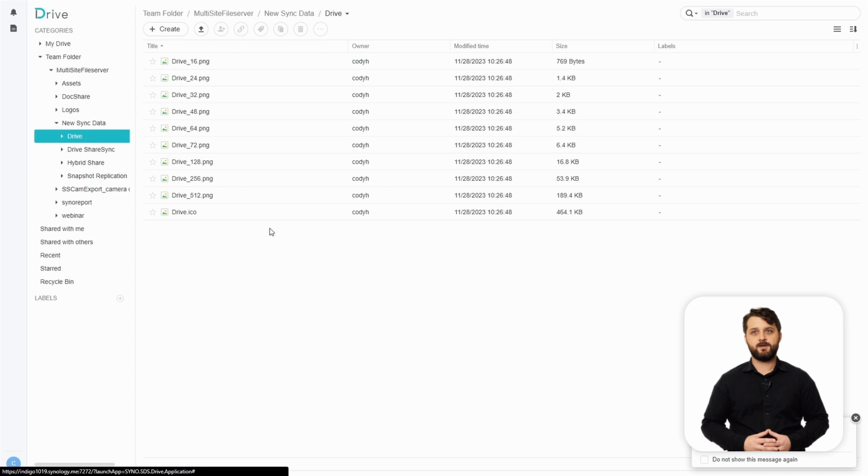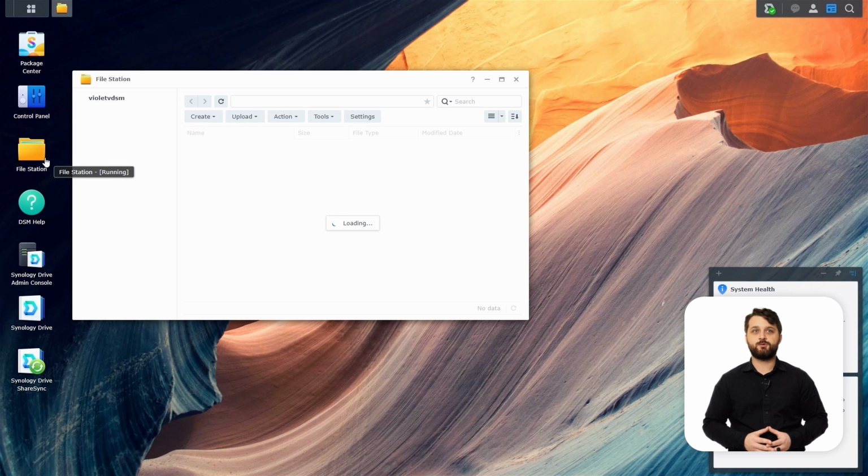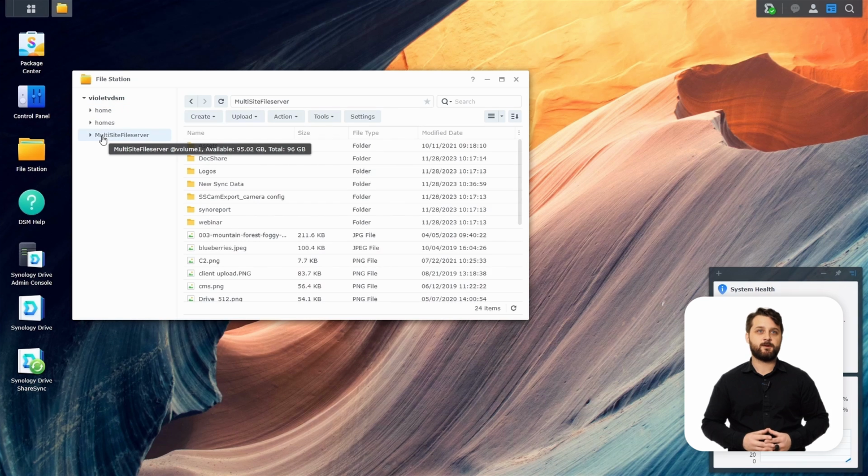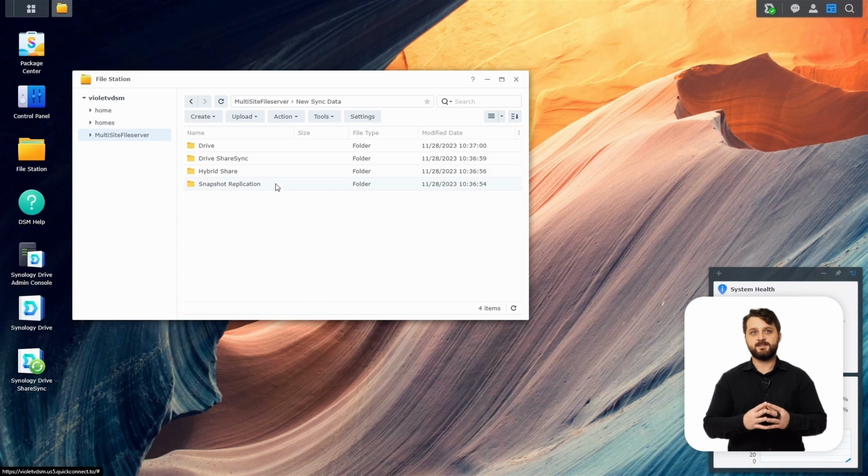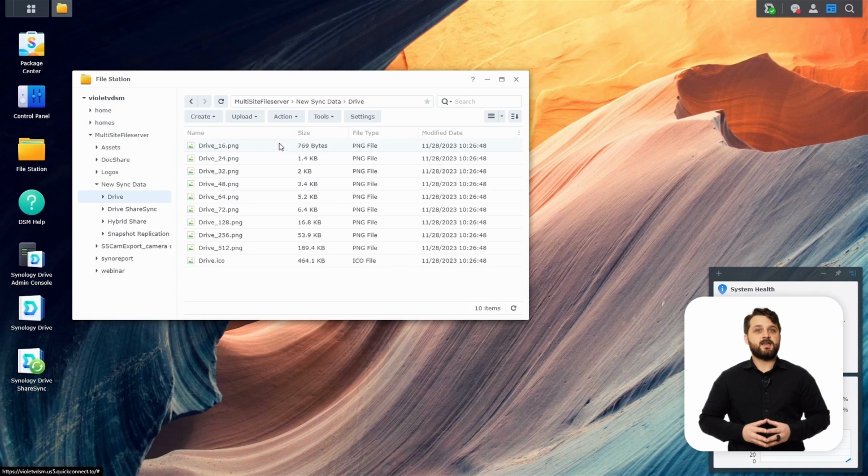So we're going to hop over there to our client-side NAS. If we drill down into that multi-site file server folder that we have already set up in ShareSync, you can see those other photos in this folder that we synced across when we added it to the portal. And again, you can do this with any other file protocol like SMB, for example. If your local users add data through SMB to this synced folder, it'll sync across as well. It's just now you have that next-gen file server option with Synology Drive tacked on to the other file server operations the Synology NAS was already capable of.